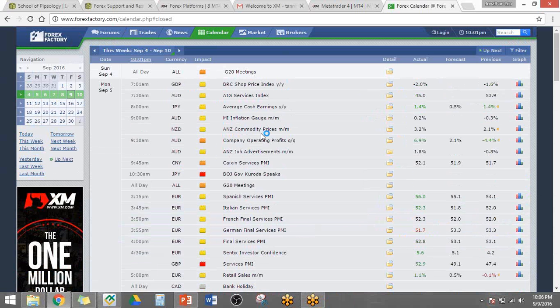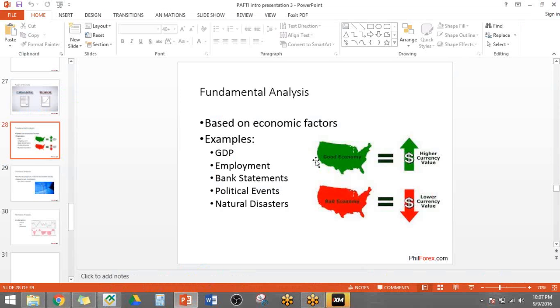your economic calendar. So I suggest that if you're going for economic data, you check these out so that you have something to watch out for. You know when the news is coming out, and especially when you see red ones, the prices really move. Not as much sometimes, but sometimes they really do. For example, with non-farm payroll, if there was a really big difference in data, it's going to move a lot. So that's your fundamental analysis right there.